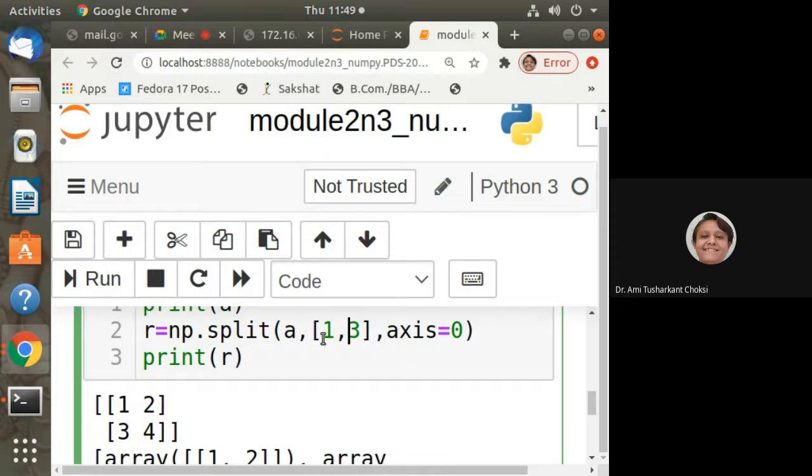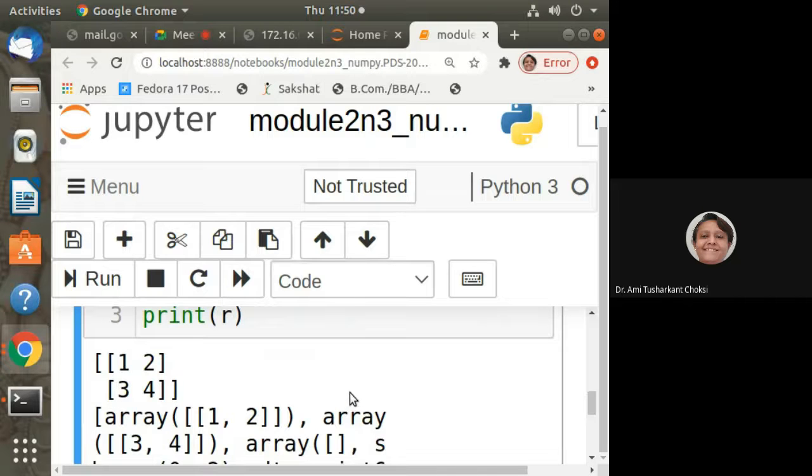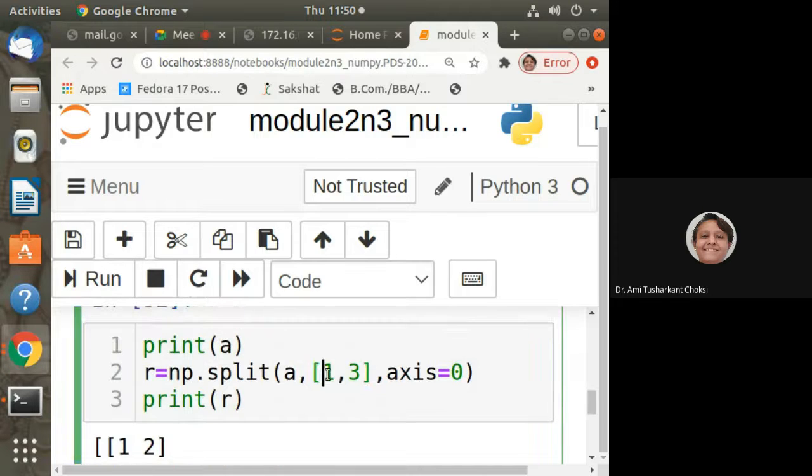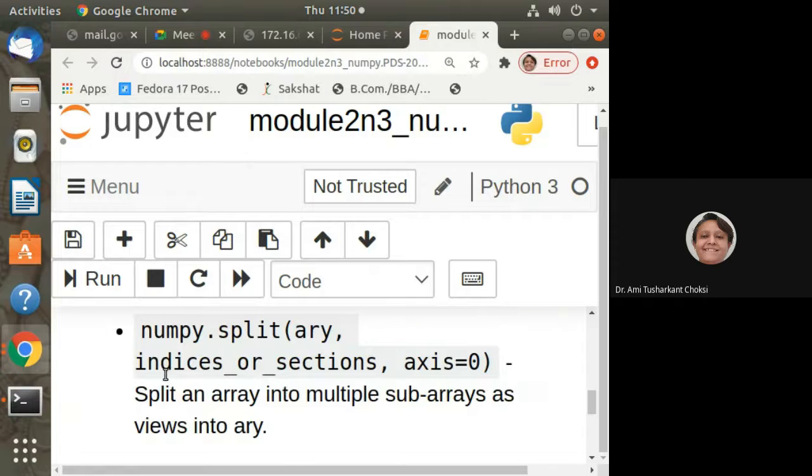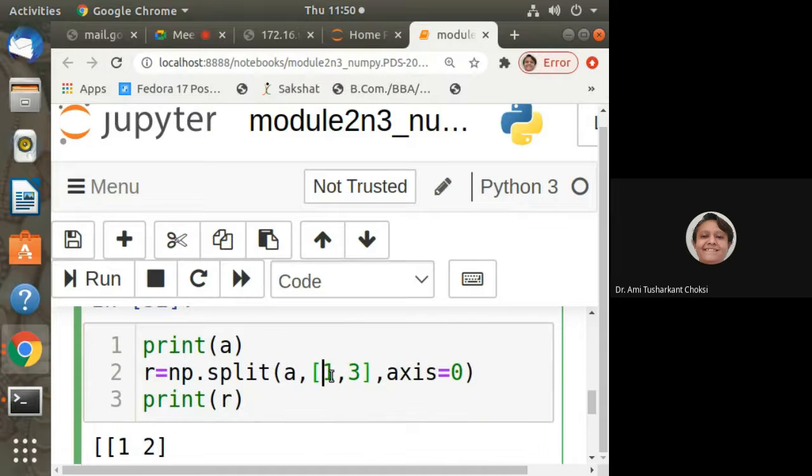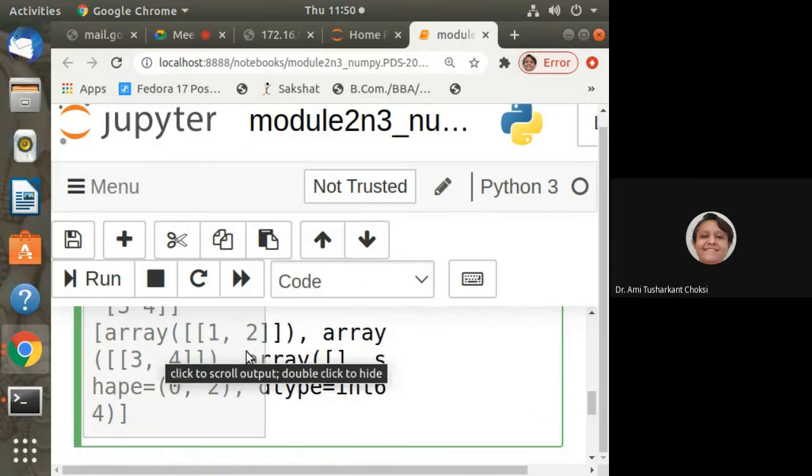We are specifying indices as 1, 3. Do we have a 1, 3 available? One is that indices or sections, right? We are having 2 sections available, not 3, because it is not having that many elements. It does not have that many elements available, isn't it? So we are having only 2, and the type is integer 64 only.